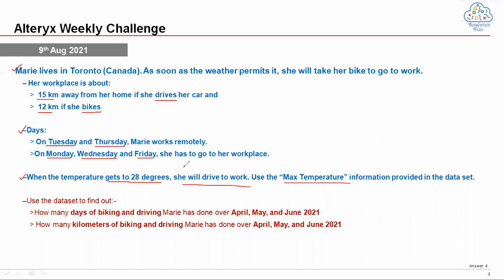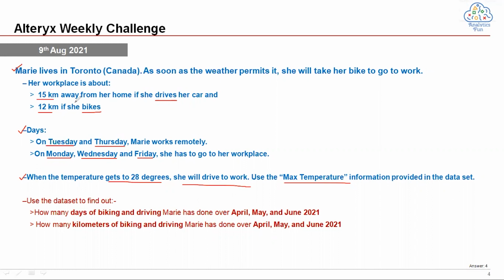Let's read this statement again. When the temperature gets to 28, she will drive, and she will travel 15 kilometers to her office. If the temperature is less than 28, then she will bike, and the biking distance is 12 kilometers. So we need to relate this point with the distance point given in the first point.